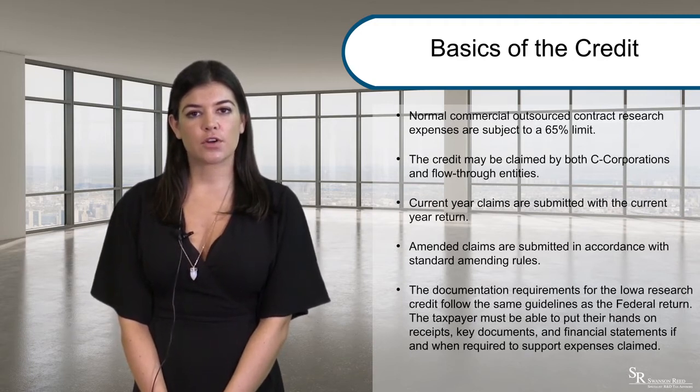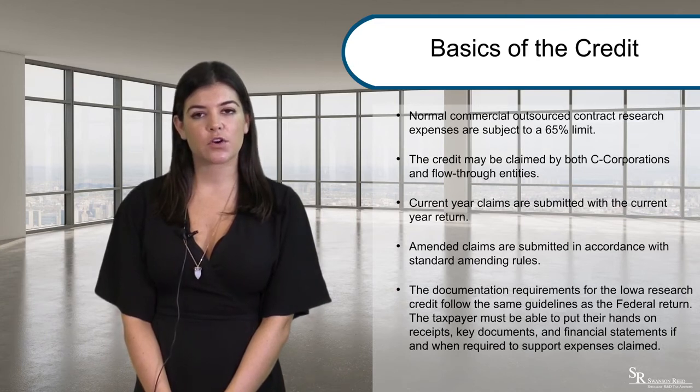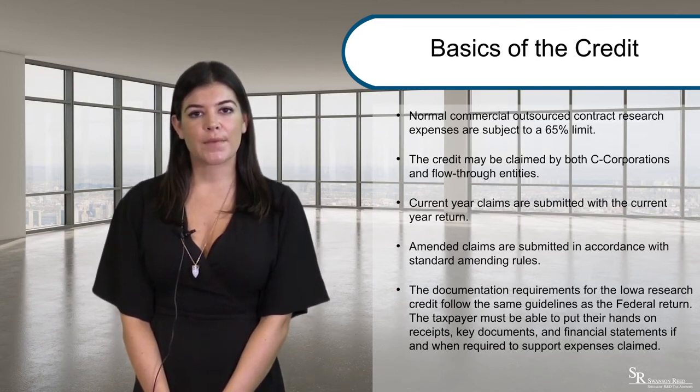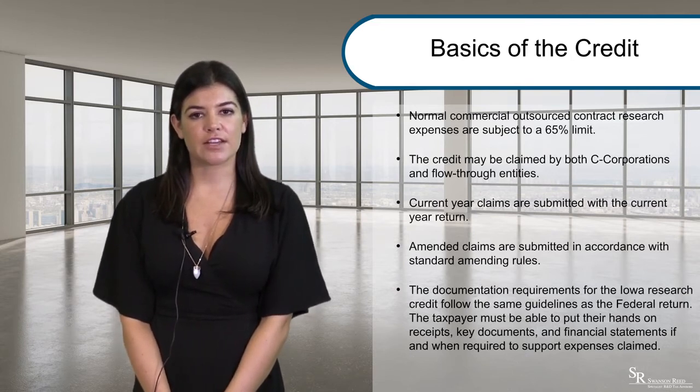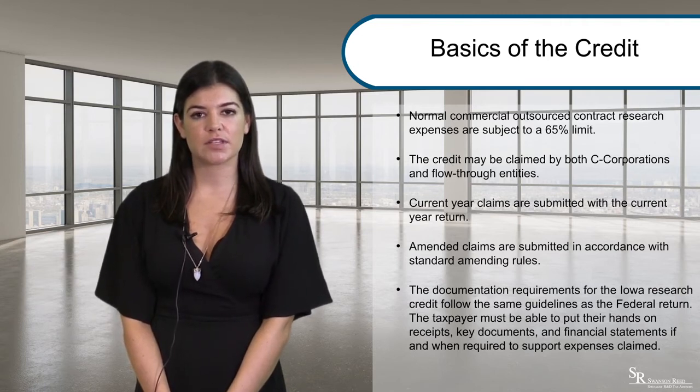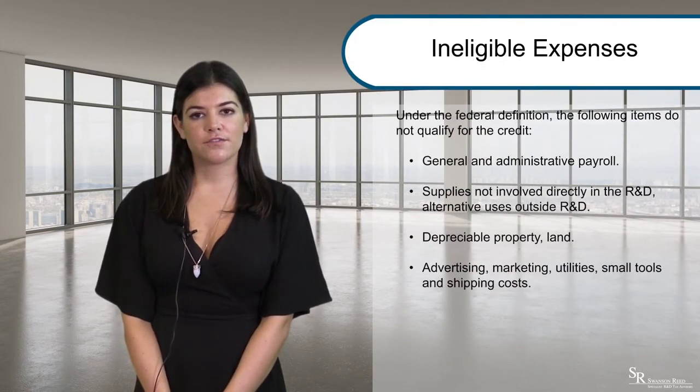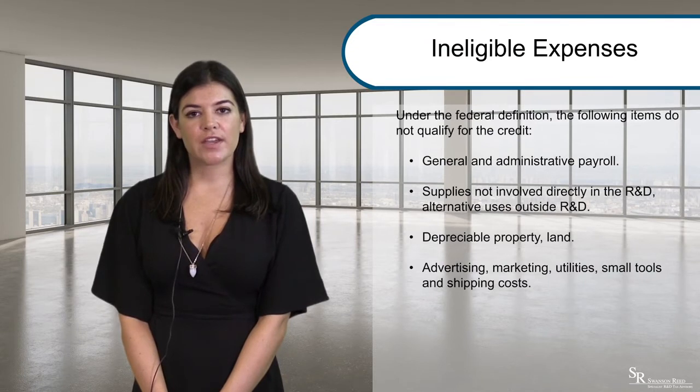The documentation requirements for the Iowa Research Credit follow the same guidelines as the federal return. The taxpayer must be able to put their hands on receipts, key documents, and financial statements if and when required to support expenses claimed. Under the federal definition, the following items do not qualify for the credit: general and administrative